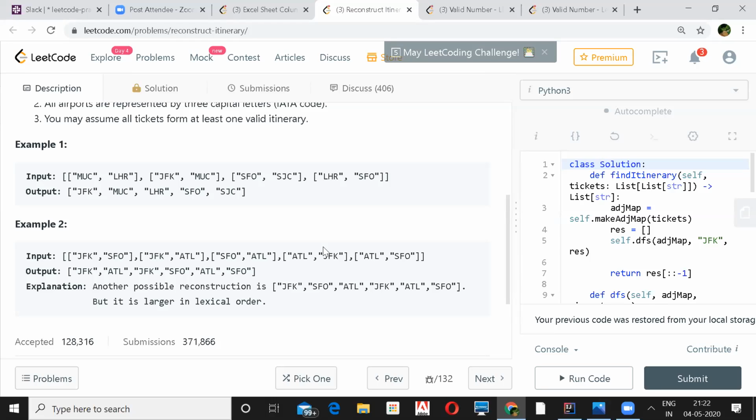What I did is build a map of a start vertex and the edges it has. In the second case, JFK has SFO and ATL, so JFK is the key of the map, and its edges are SFO and ATL.